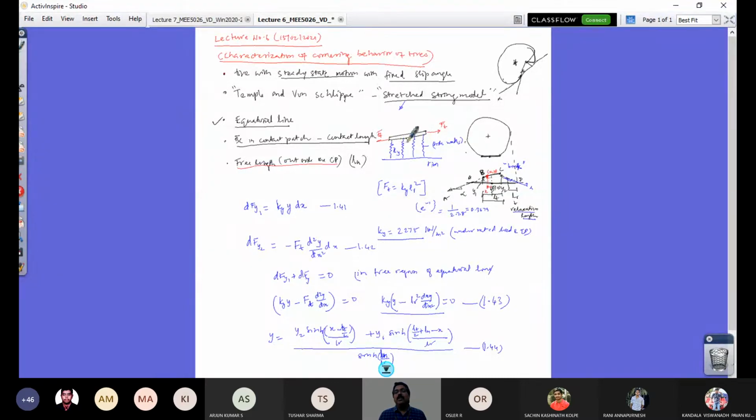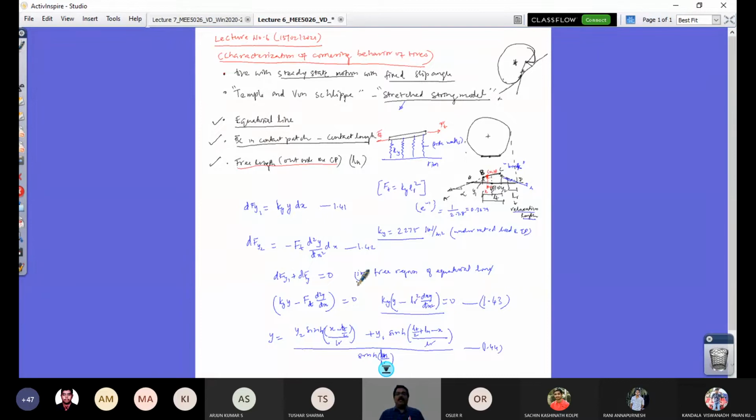So there are two forces that would be acting on an element considered on the contact line. We defined last class what the contact line is. The contact line is BC, which is in contact with the ground in the contact patch. You consider an element at a position x comma y from the center of the contact patch, and then you know what the free length is. The free length is the line from B going around and coming back to C. So other than the contact line, whatever portion of the equatorial line remains is the free length. This is how we described our tire as a stretched string model.